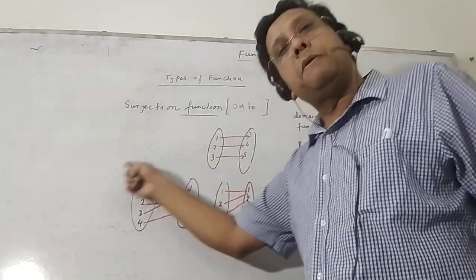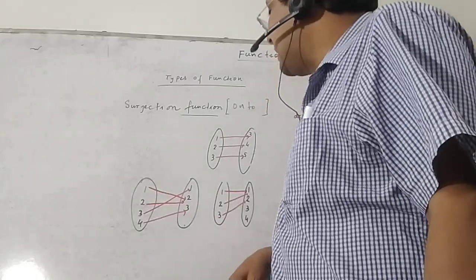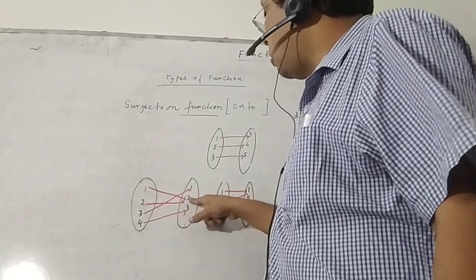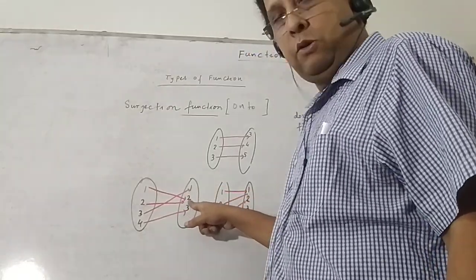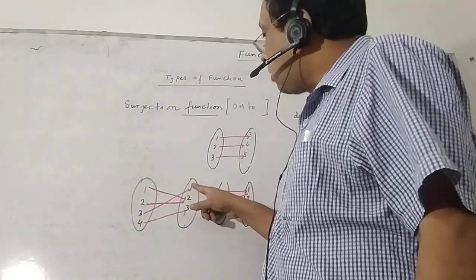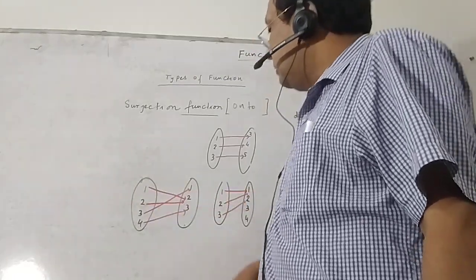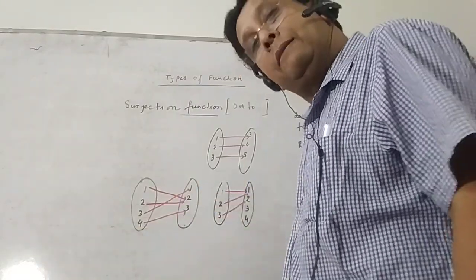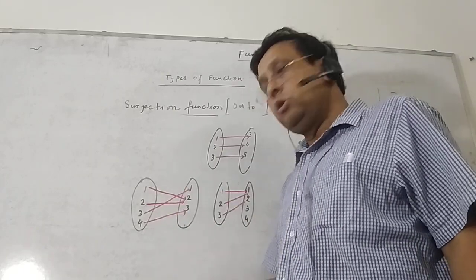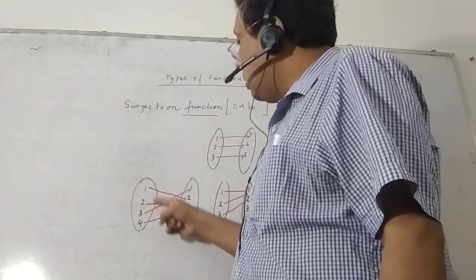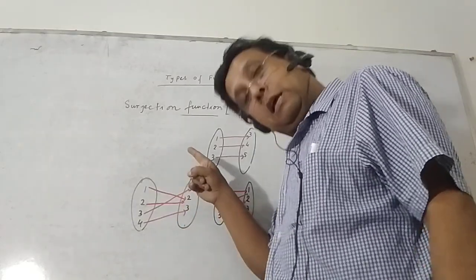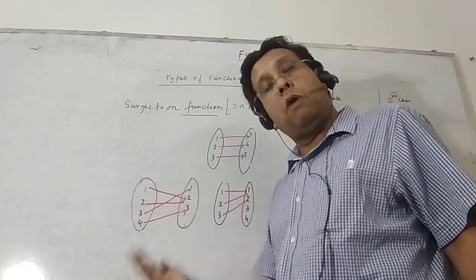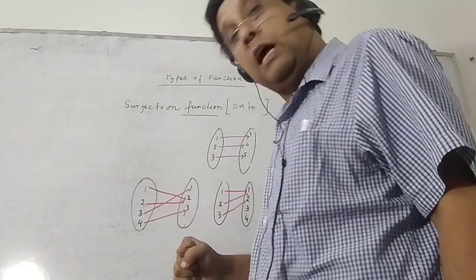Let us see the second mapping. Here 1 and 2 both have the image 2, so the 2 is already used up. So 2 has corresponding domain elements 1 and 2. 1 has a corresponding image 3, and 3 also has a corresponding image 4. So can we say that it is a surjection? Here it is also a surjection, though it is a many-one function because 1 and 2 have the same image, but this is definitely also surjective. That's why this type of function is called a many-one surjective function or surjection.